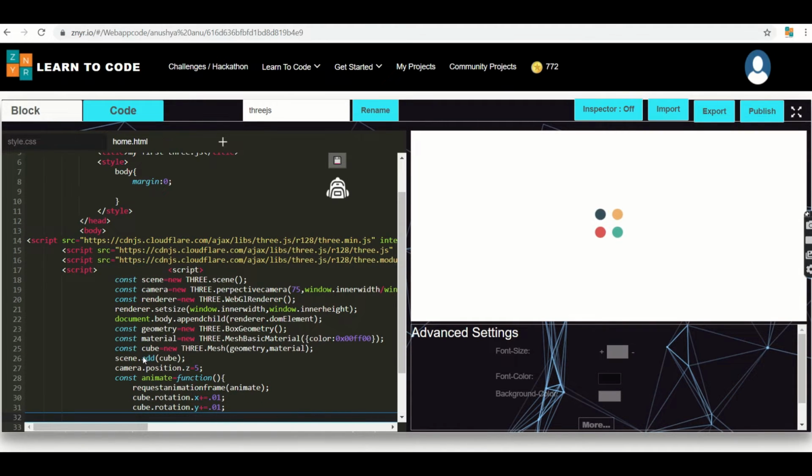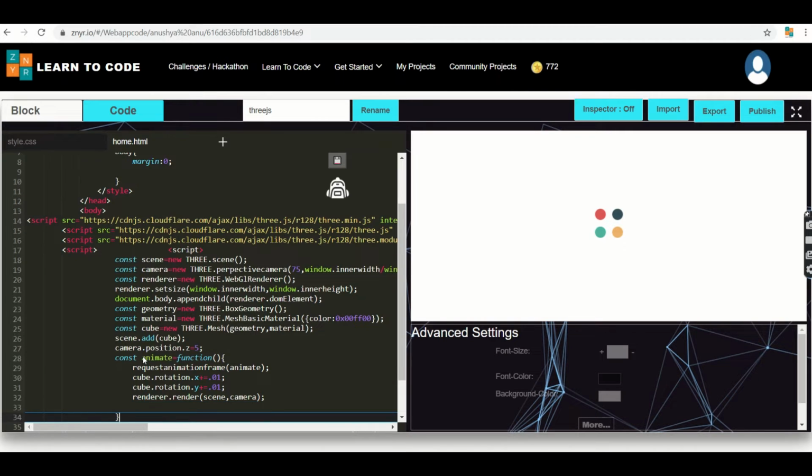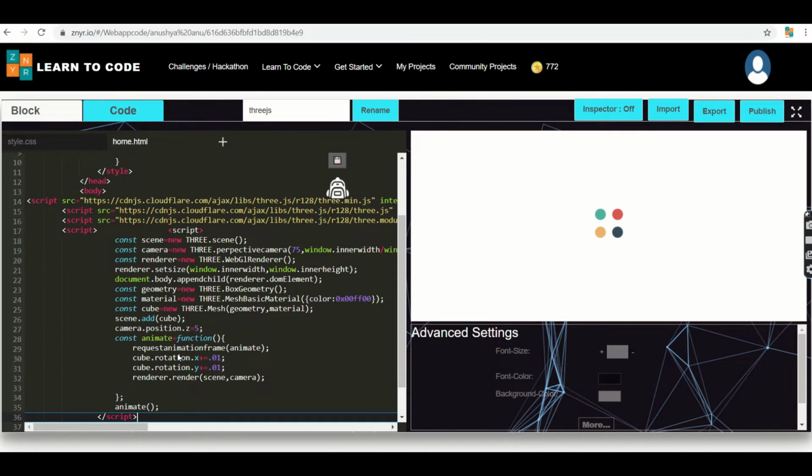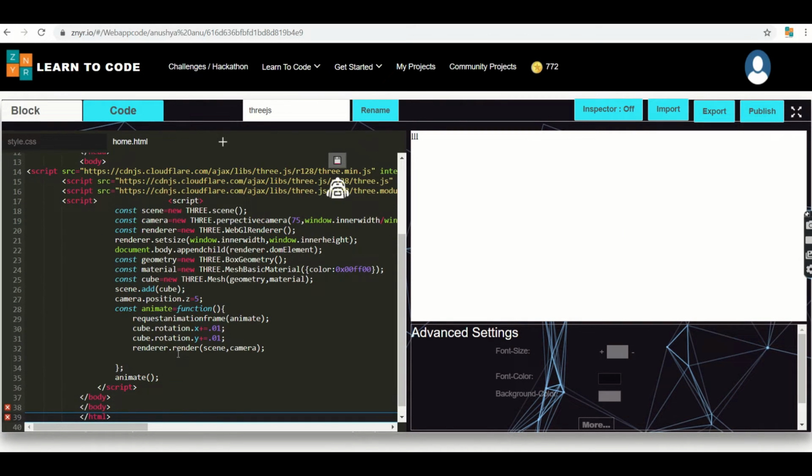So next I'm going to call renderer.render, where it processes my scene and camera. So next it needs to process my animate, so it needs to call the function animate. So we have done the simple Three.js part.